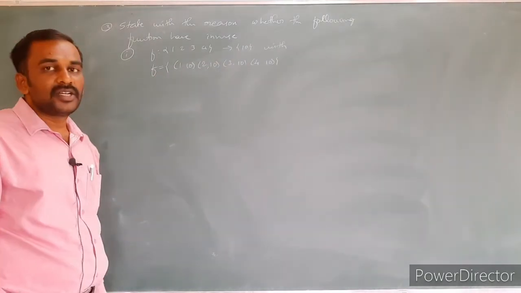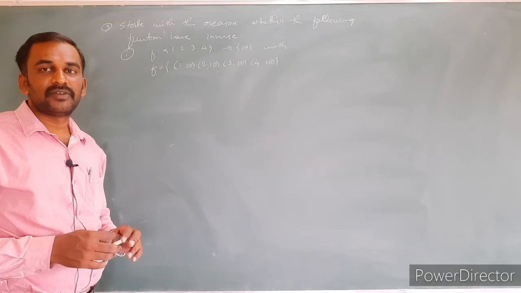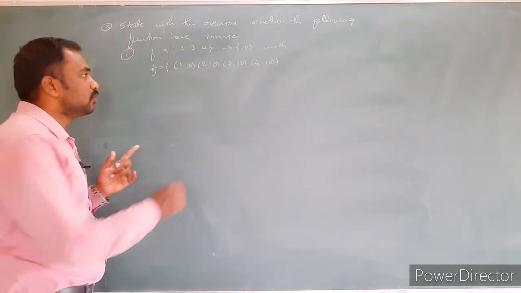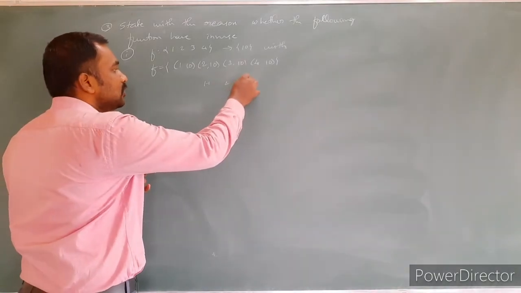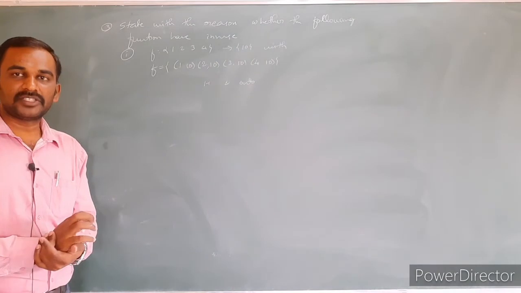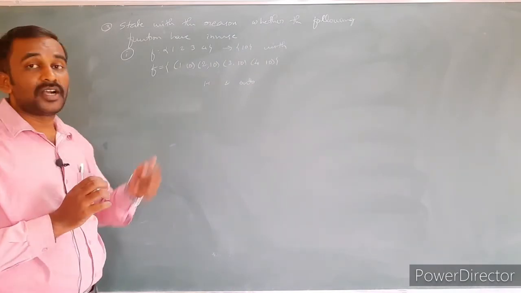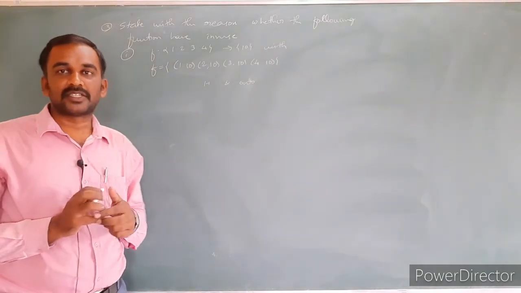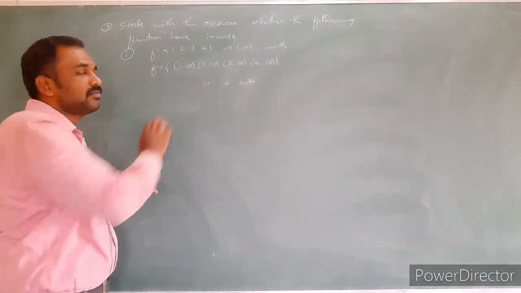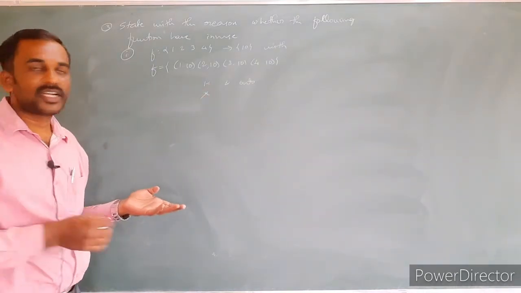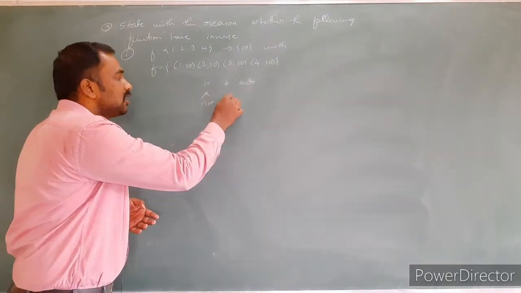So that is the inverse. A function has an inverse whenever it is bijective. What is bijective? One-one and onto. Check whether it is one-one. Different elements have different images. No, it is not one-one. Why is it not one-one? Different elements have the same image. 1 and 2 are different elements, but they have the same image. Therefore, it is not one-one. Not one-one is nothing but not bijective.